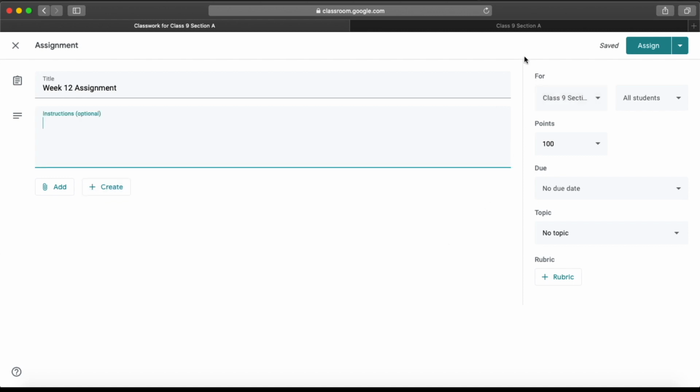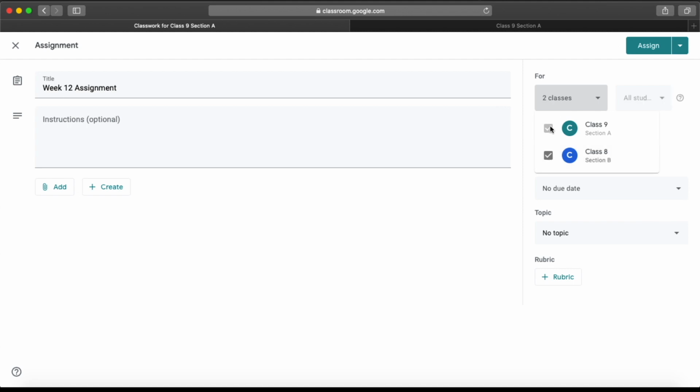Now coming to the right part of the page, you can see there are a couple of drop downs here. The first one is the class. Offline, I created another class and added one student also. So let's check what options are available. Let me click on this drop down. You can see that there are two classes showing. You can select multiple classes. If you select multiple classes, you cannot choose students differently. All students who are part of these two classes will get the invite. If you choose only one class, you will have the option to choose students also.